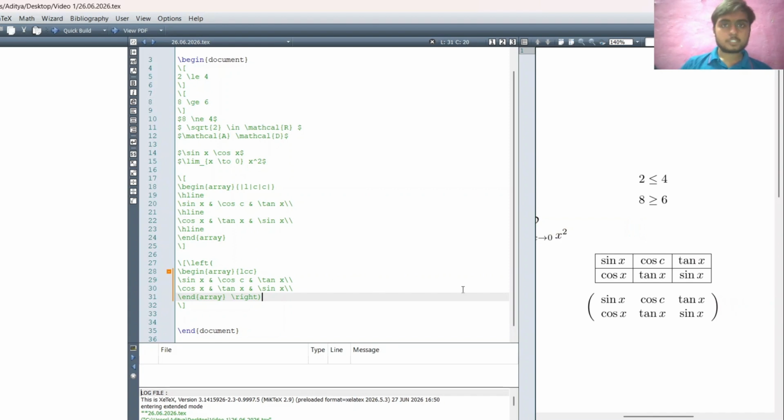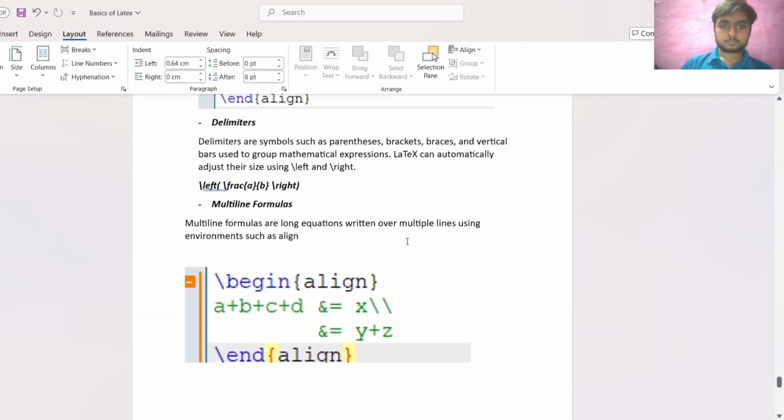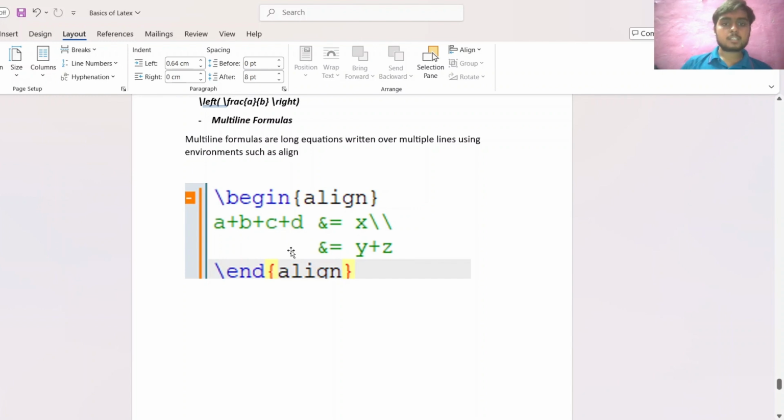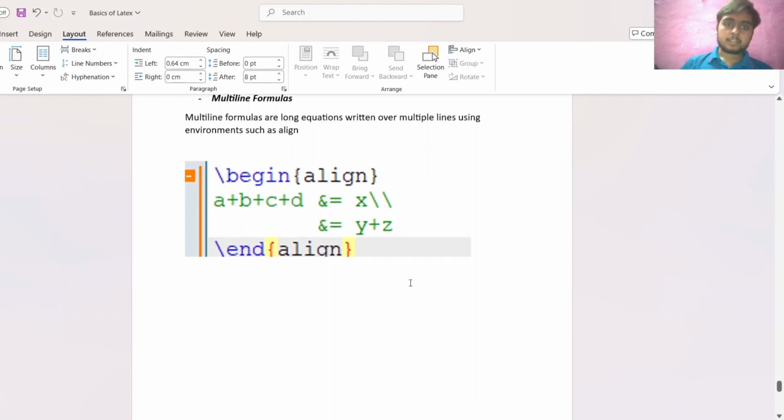Fine. So that's how we can insert a delimiter and show it like a matrix. For the multi-line formulas also we can use the align environment similarly.